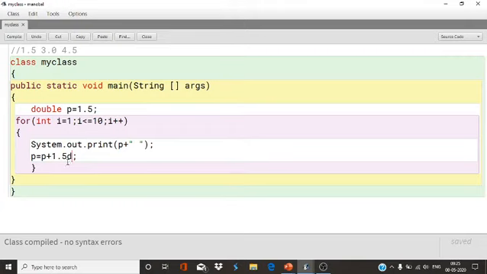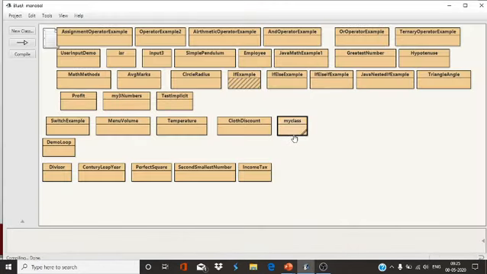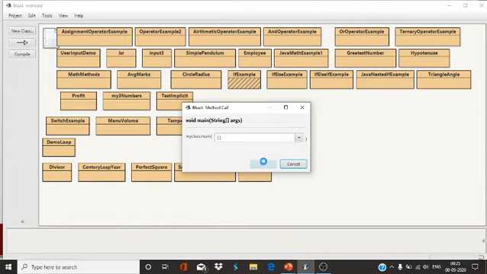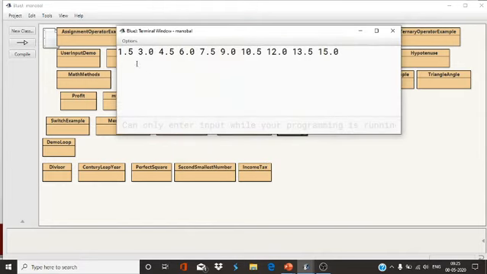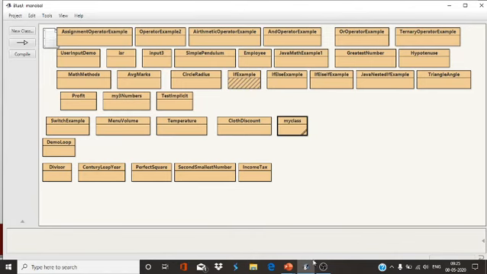D is for double. So 1.5 value. Which type of value? Double value. That's why. 1.5, 3.0, 4.5, 6.0, 7.5. So the increment will be there one by one, and like that only the program is also there.